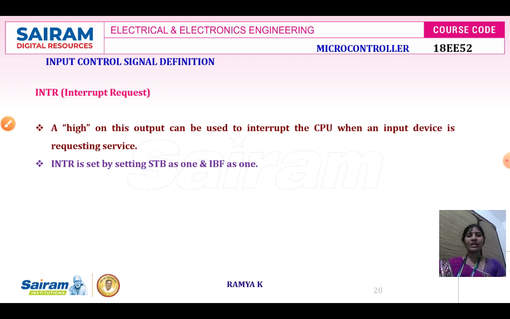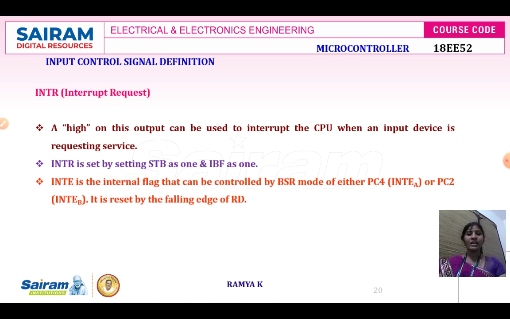Next one, INTR is set either by strobe input or by input buffer full. Strobe input, in the sense when data is ready for communication, will be active low. Once the data is latched onto the IO device, then IBF will be high. Based on this, this INTR is set either by IBF or by STB. And also the control word register